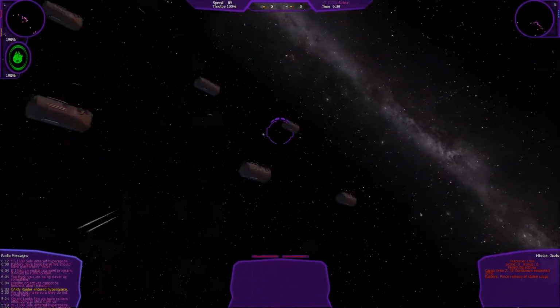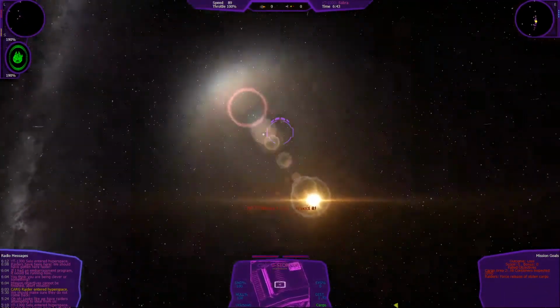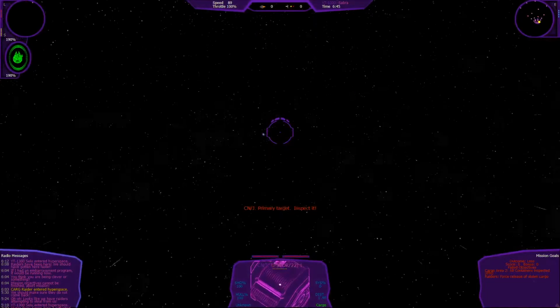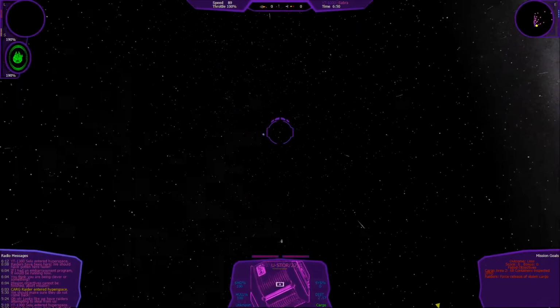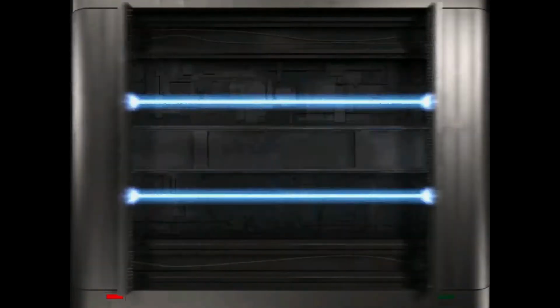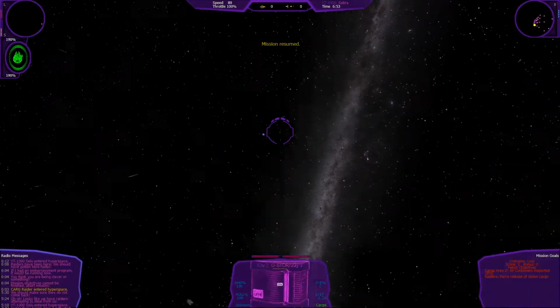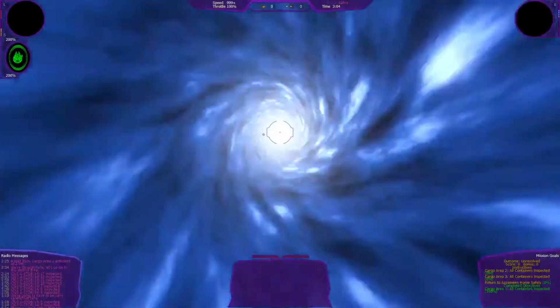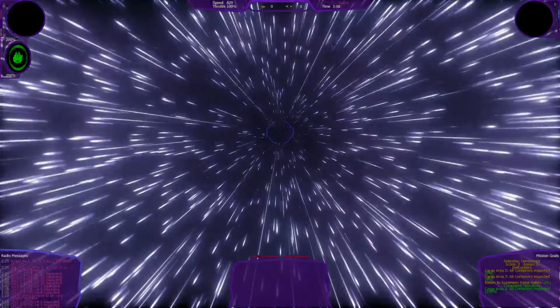Alright. So where's the nav buoy? No, I'm not inspecting crap right now. Okay, does it let me actually... Let's see. Nope, return to game. And I guess inspect the container that's on the ship. See if we can...